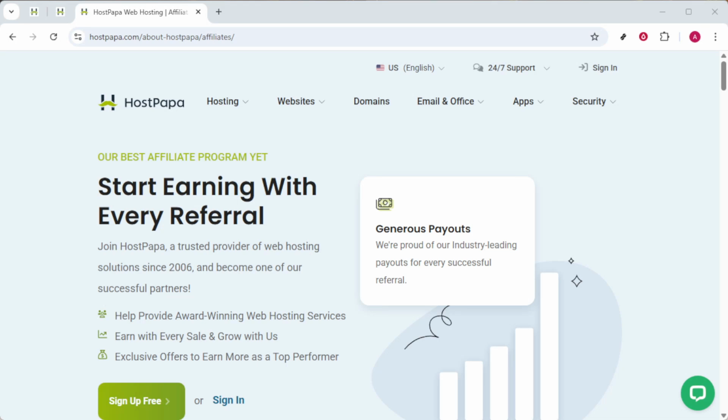In today's video, I'm going to teach you how to get HostPapa affiliate links quickly and efficiently. If you're interested in becoming an affiliate for HostPapa, this guide will provide you with simple steps to get started. First, you'll need to visit the HostPapa affiliate page by going to their website at